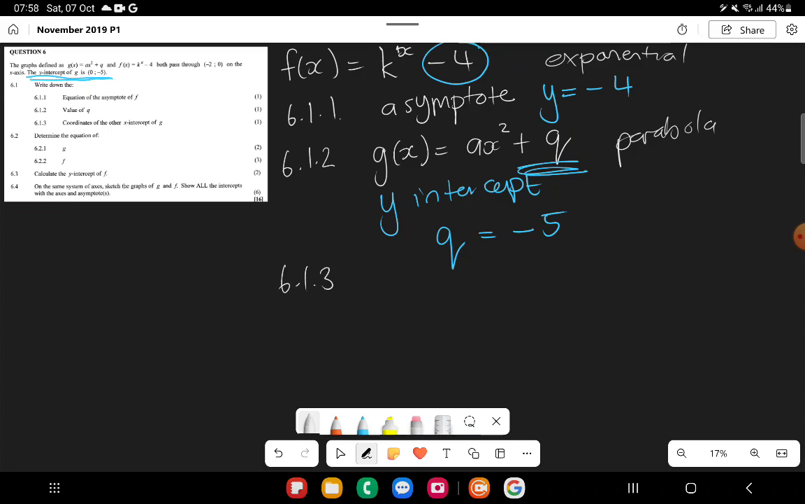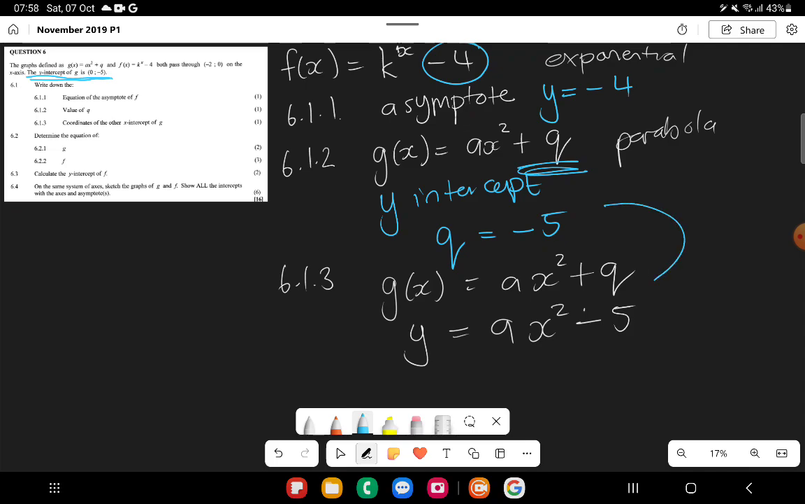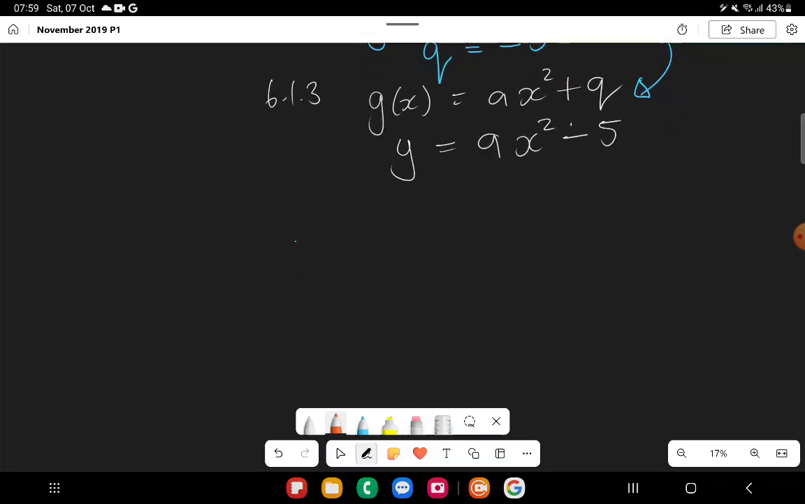6.1.3, what are the coordinates of the other x-intercept of g of x? So g of x is equal to ax squared plus q. We now know, if we swap this around, y is equal to ax squared minus 5. We got this from that equation. Now we get a piece of information saying that this here is one of two x-intercepts. So I'm going to substitute in the value. What did we say it was? -2,